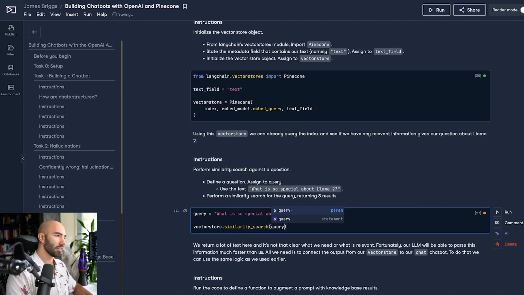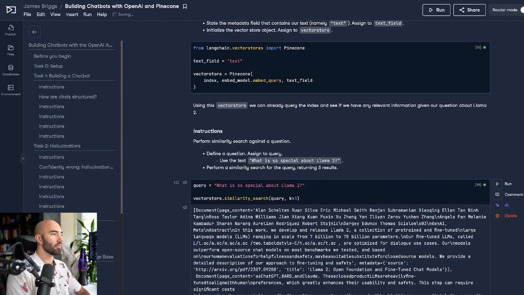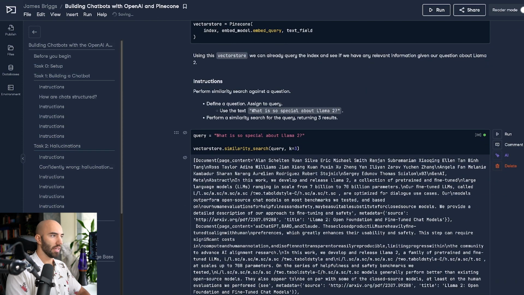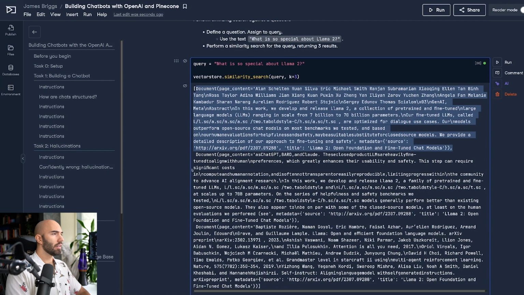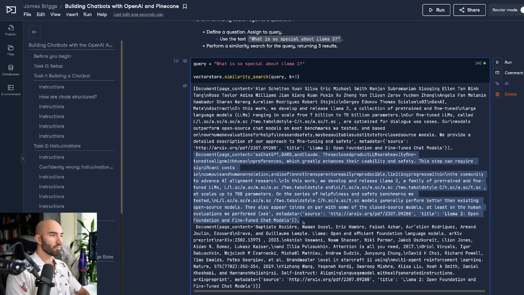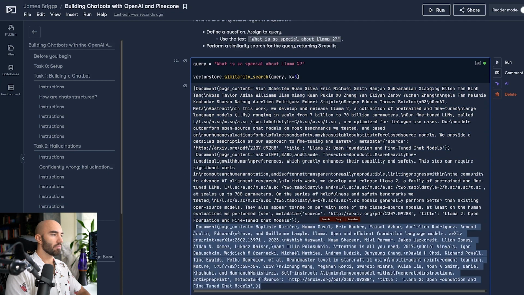We have our query, so our text, and we want to return the 3 most relevant records. So run that and we can see that we get this. So we have our document here. This is number 1 here. We have document 2, and then we have document 3.